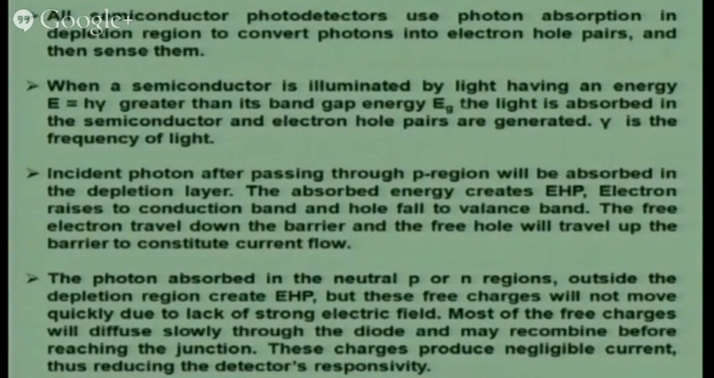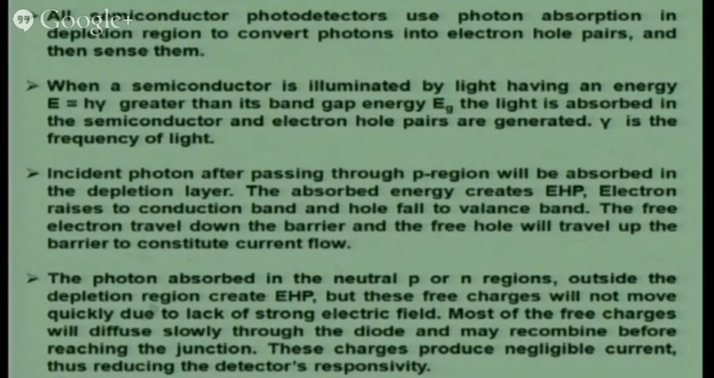When a semiconductor is illuminated by light having an energy E equal to h nu, greater than its band gap energy, light is absorbed in the semiconductor and an electron hole pair is generated, where nu is the frequency of light. The incident photon after passing through the P region will be absorbed in the depletion layer. The absorbed energy creates an electron hole pair. The electron rises to the conduction band and the hole falls to the valence band. The free electron travels down the barrier and the free hole travels up the barrier to constitute the